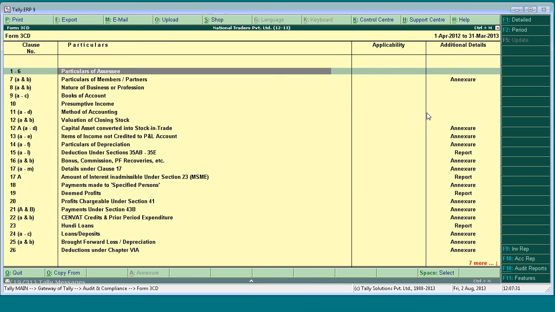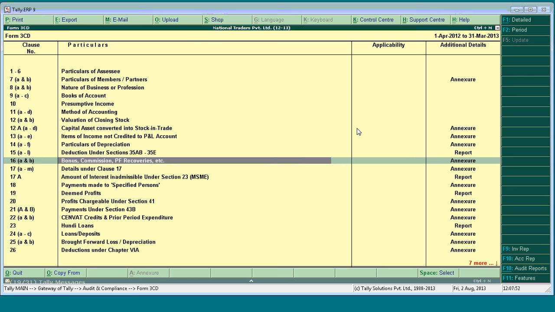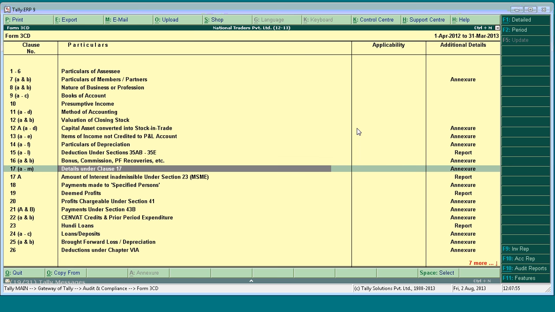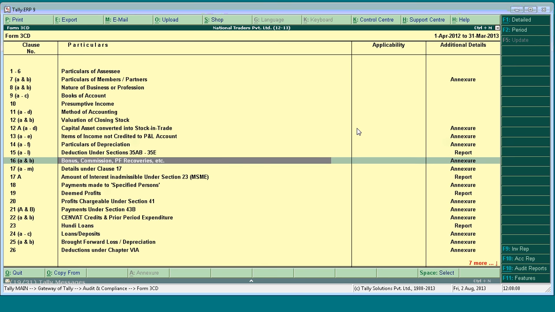So keeping these in mind, we have provided an option of applicability. So the clauses which are not applicable in your company, you can mark them not applicable. And then you will be more focused on your work. So how can it be done? So before doing this, I'll be marking clause 18 and clause 16 as not applicable. So before marking them not applicable,